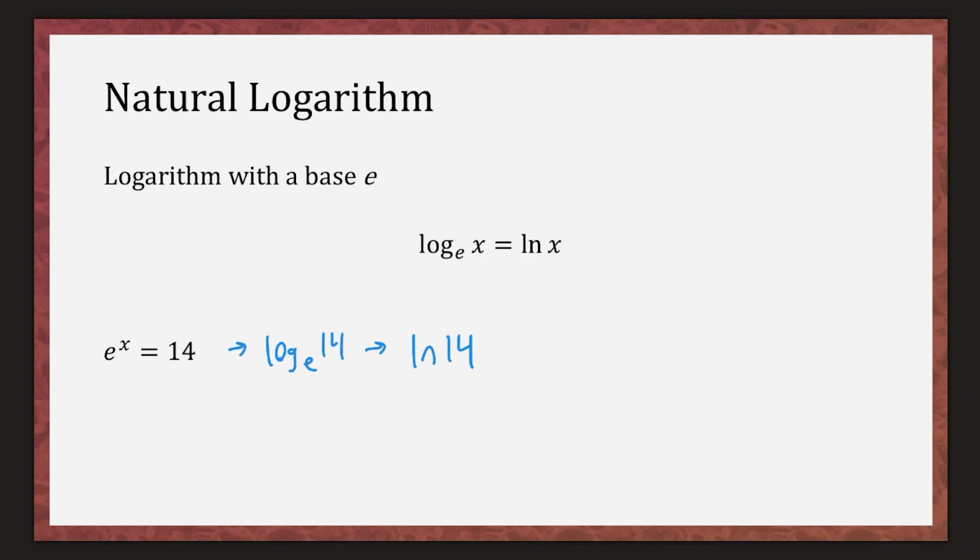So here's the first one we're using a calculator to solve. If you have a natural logarithm and you need to solve it, ln of 14. Now this is going to be a decimal because remember our base e is 2.71. And so there's not going to be a lot of whole number answers to natural logs. But the ln of 14 on a calculator is approximately